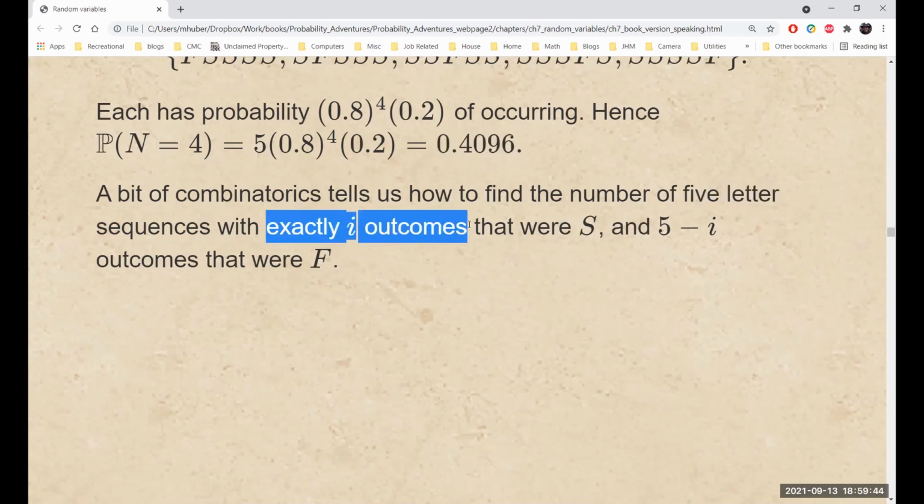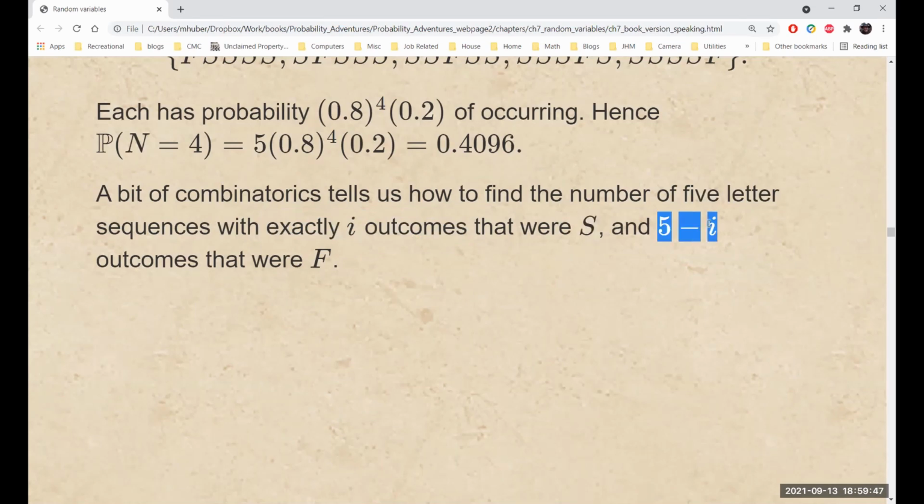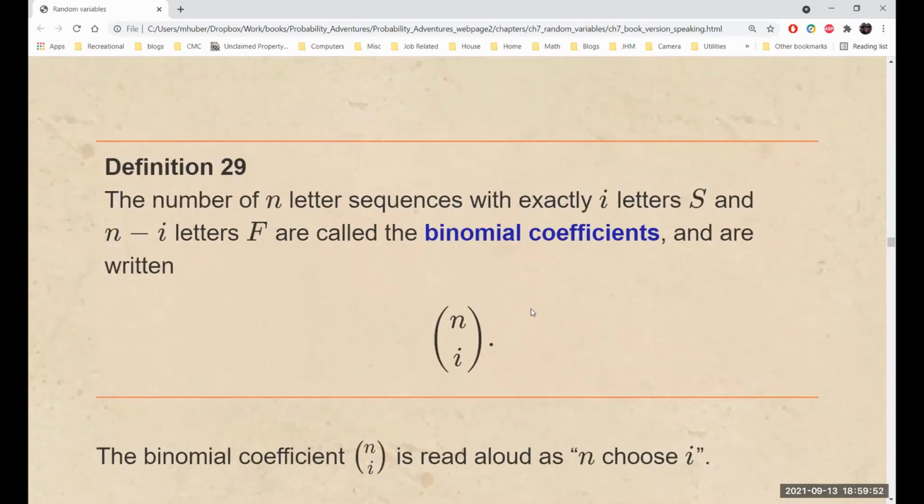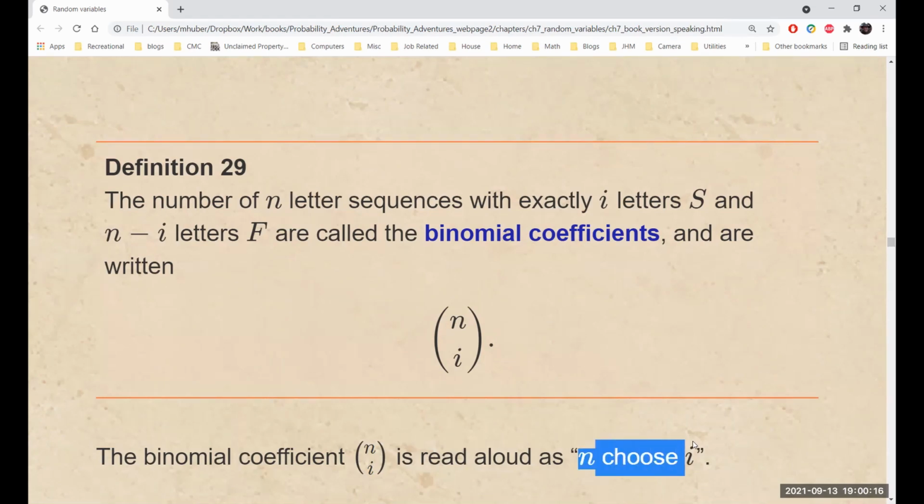with exactly I outcomes that were S and 5 minus I outcomes that were F. And what those are called are binomial coefficients. So, definition: the number of n-letter sequences where you have exactly I letters S and n minus I letters F are called binomial coefficients and are written with the n over the I enclosed in parentheses. This is read aloud as n choose I, because we're choosing out of the n letters which of the I